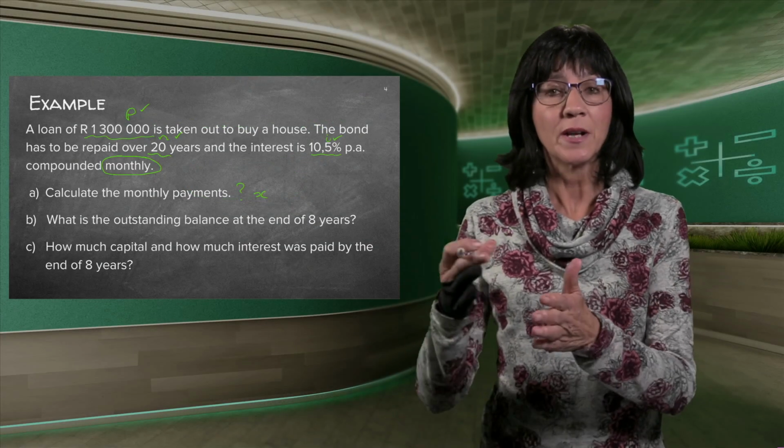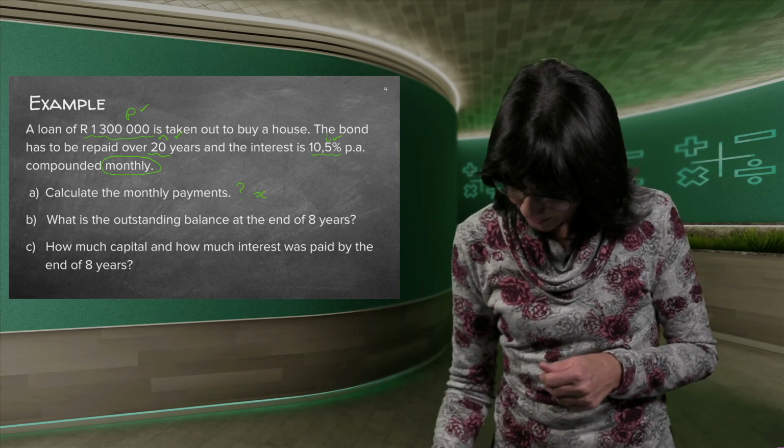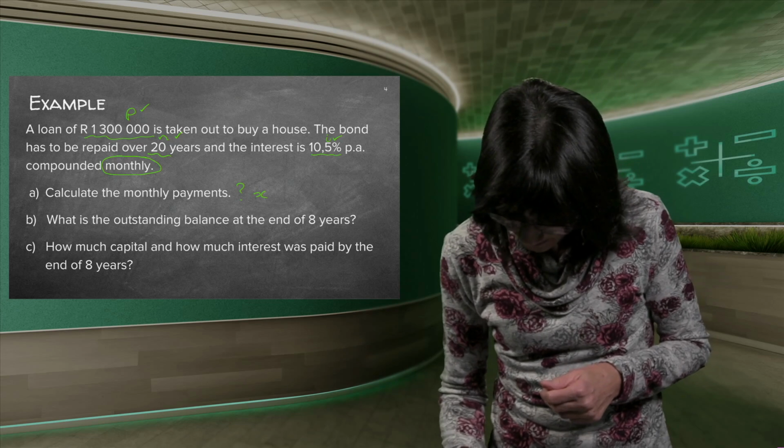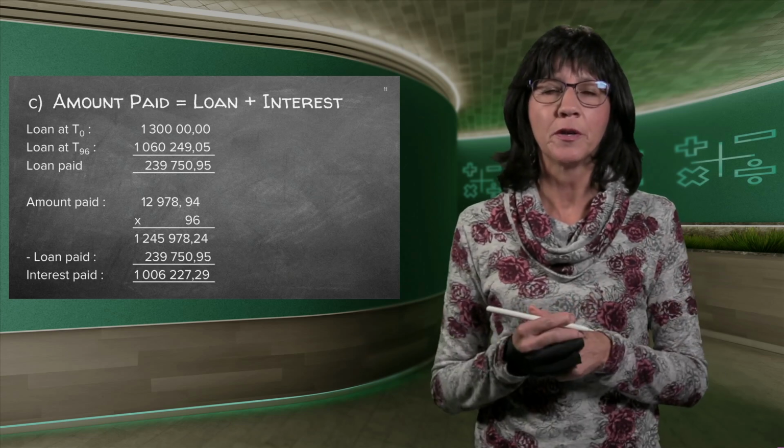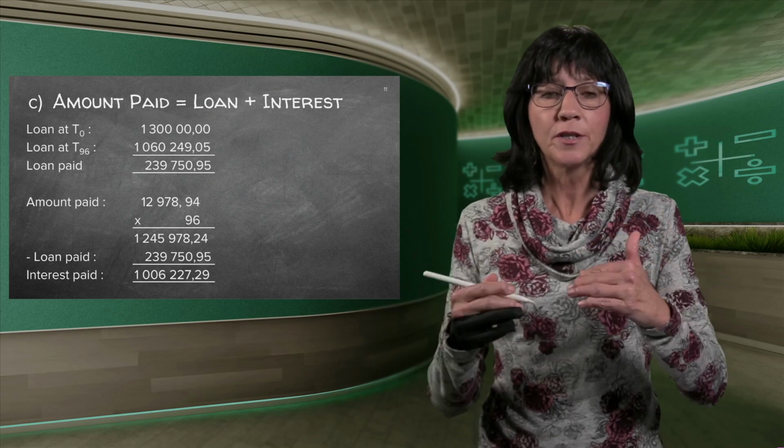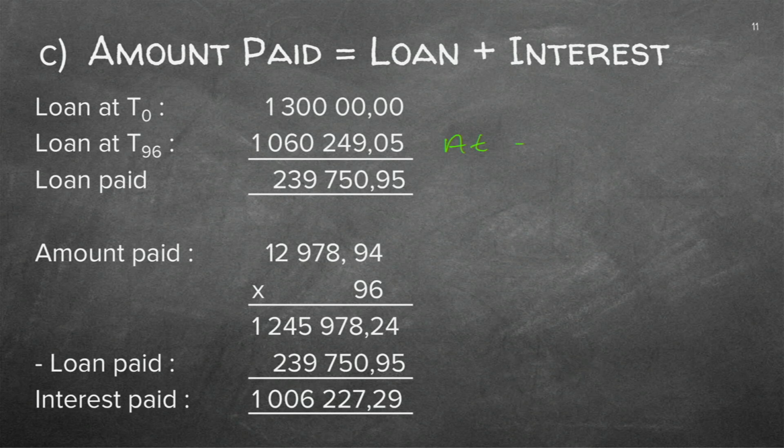Because then I will know what is the interest that I've paid. So let's just quickly go here. I haven't got a lot of space there anymore, so I'm just going to go here. When we started off with our loan, it was 1.3 million Rand. You agree? When I worked out now, at the end of 8 years, 8 years is 96 months. Remember, we used 144 in our formula because I used the method where you take the outstanding amount, which was 144 months. So it gave me the value of 1,060,249 Rand and 5 cents.